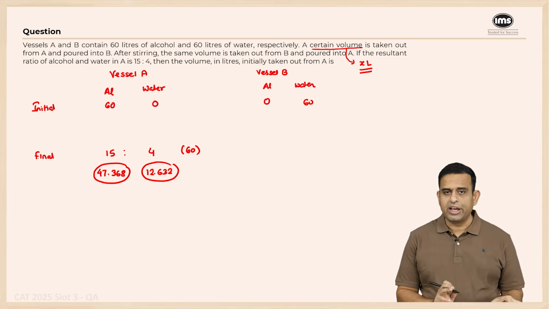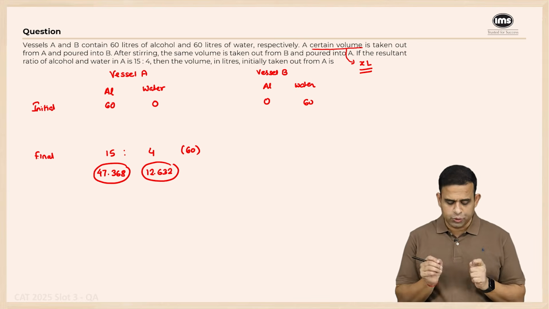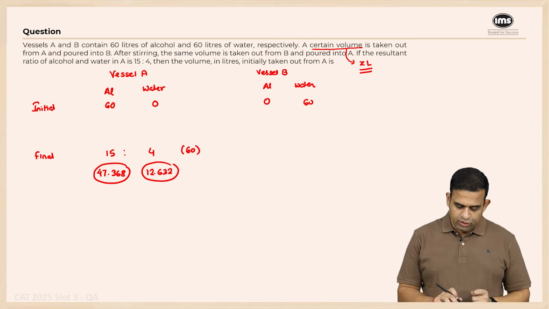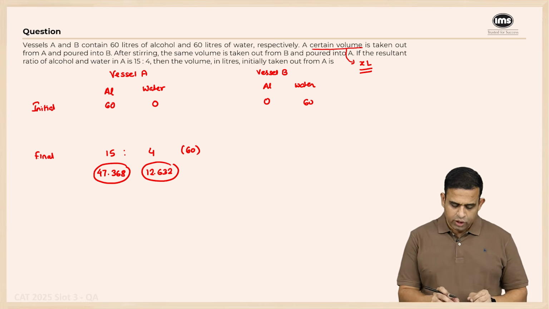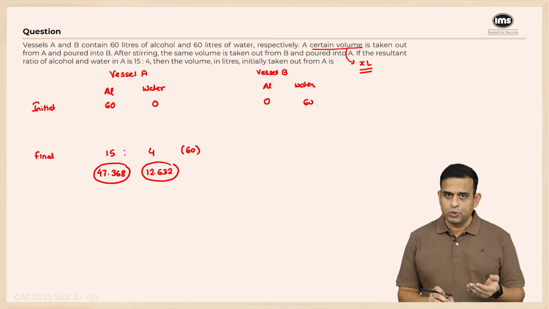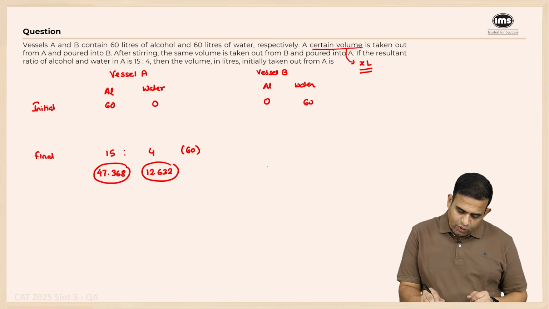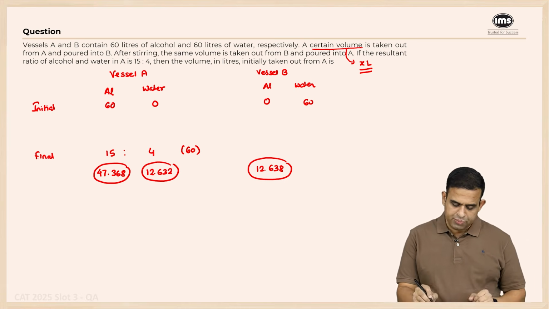This number doesn't look nice. As I told you, the total volume of the alcohol has to be 60 liters across vessel A plus vessel B put together. So if out of 60, 47.368 belongs to vessel A, then the quantity of, let's say, alcohol in vessel B must be nothing but the remaining 12.632. And what about the quantity of water? That must be equal to